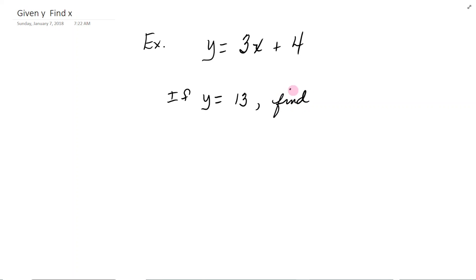So what am I talking about? Suppose that we have y is equal to 3x plus 4. I think I used that in some other example. In this one, what if I said if y is 13, find x. Now it would be so very nice if I could just use the table and put 13 in the